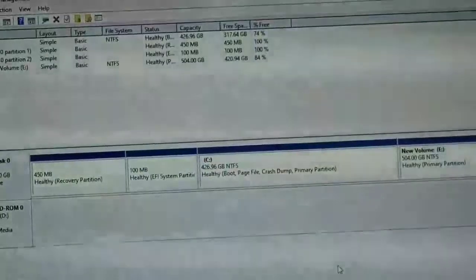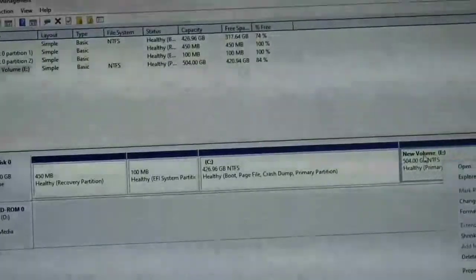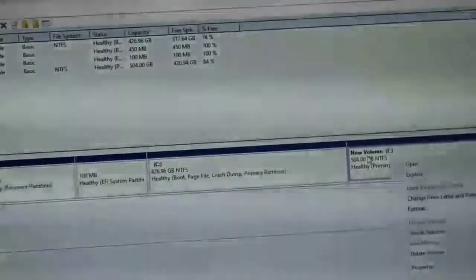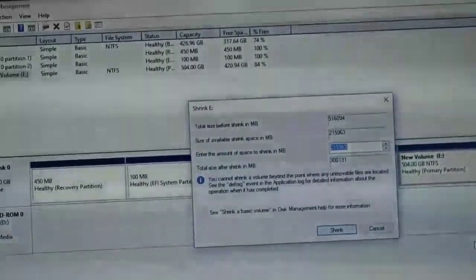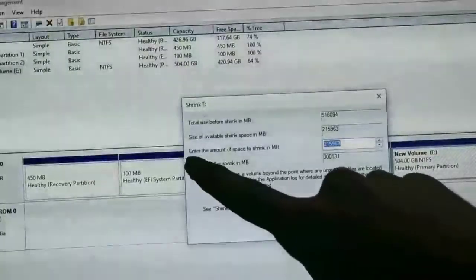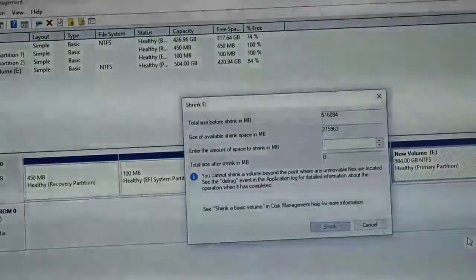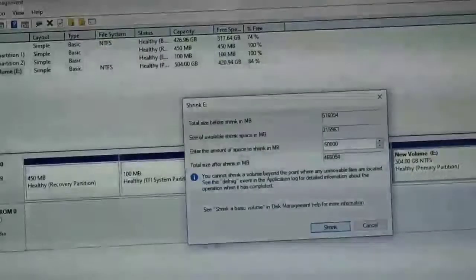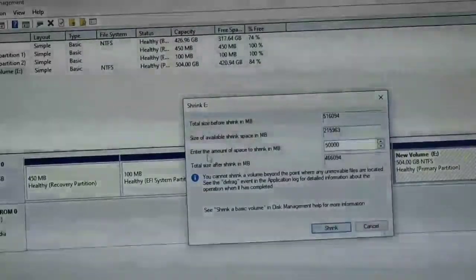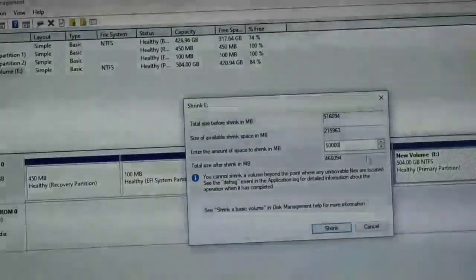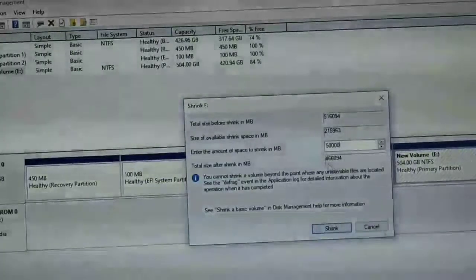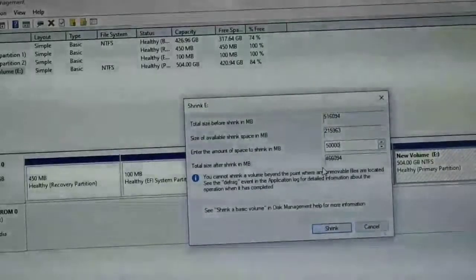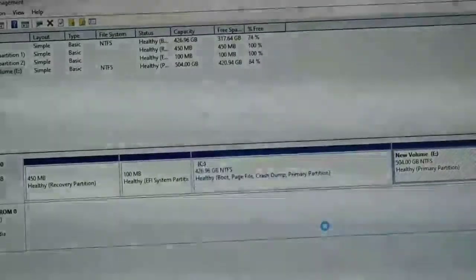So what you will have to do here is right click on the volume which you want to shrink and select shrink volume. It will take some time to load depending upon your processor speed, and as you can see it has opened, and you will have to enter the amount of space to shrink. I will shrink it to 50 GB, that is 50,000 MB, and you can see here 50,000, and the total size after the shrinking will be around this. It will depend totally upon your size, and I will click on shrink,